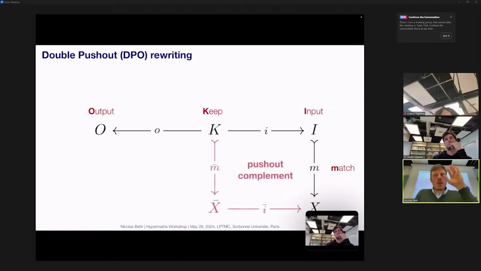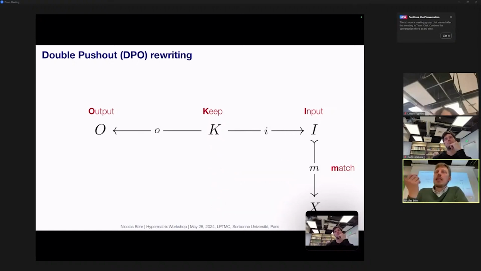I don't entirely know what the background of the audience is. Just to show briefly, there's an operation. A rule typically looks like some template, which has an input pattern and an output pattern. Think, like in this little example, I create an edge between the vertices. You ask for an input during the transformation, then you keep some part of it, let's call it K, and then you add some new stuff into it. So for example, previously I chose two vertices, keep them, and then in the final step add. So it's kind of an internal process where you first delete something from the input and then add something, to lose something in for the output.